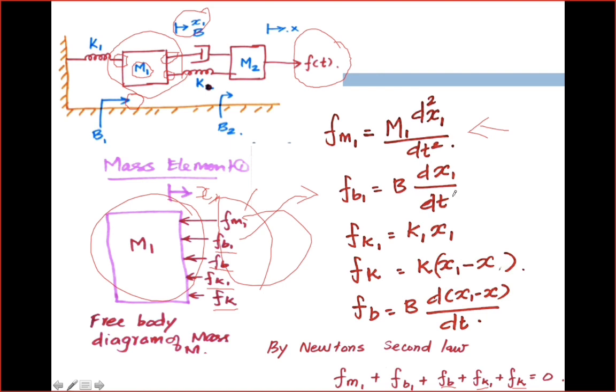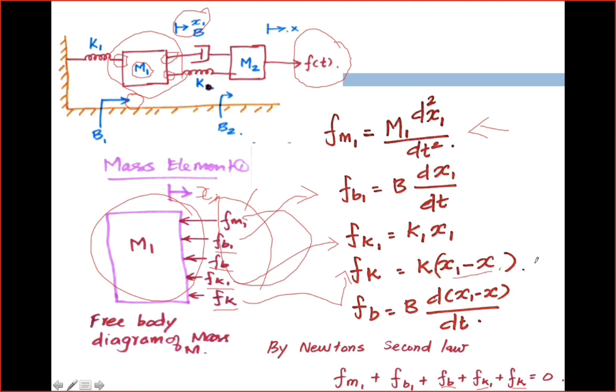So these equations we have already discussed. I am just giving the result. Now the third one is Fk1. K1 is nothing but the spring, related to the spring. So Fk1 is equal to K1 into x1. Fk is equal to K into x1 minus